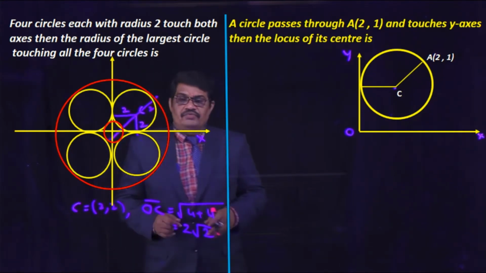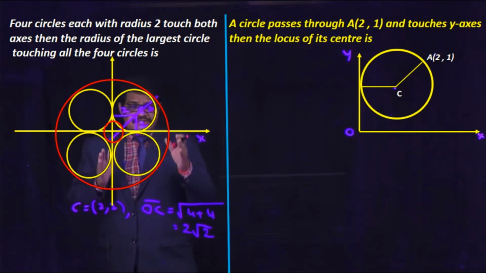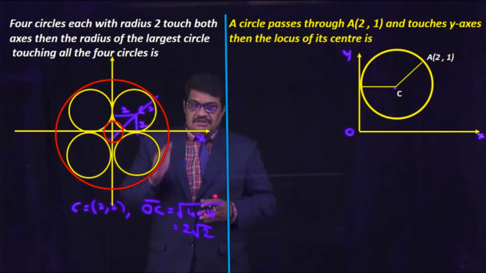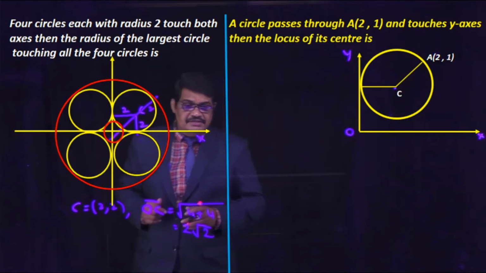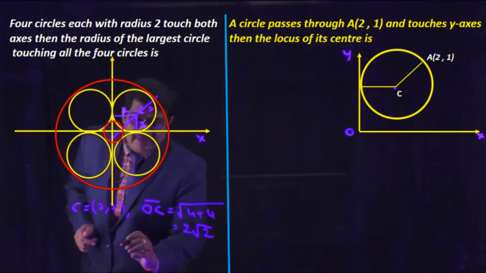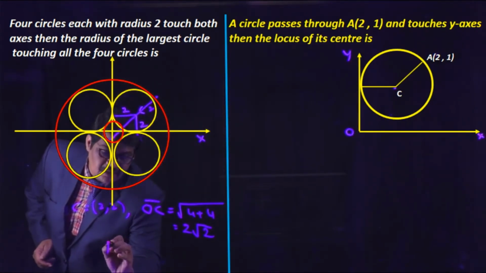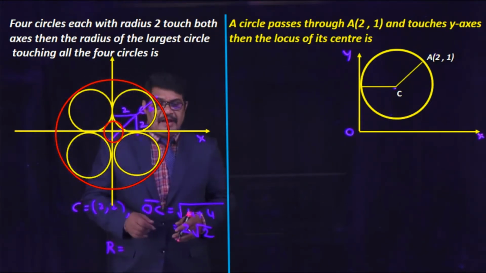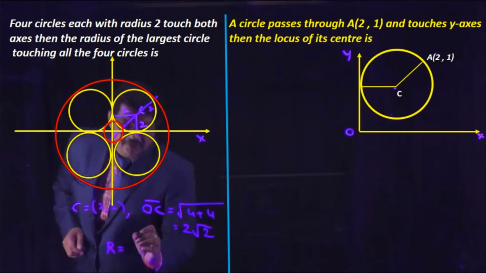Now we have to find the larger circle radius touching all four circles. So the larger circle radius, capital R, is OC